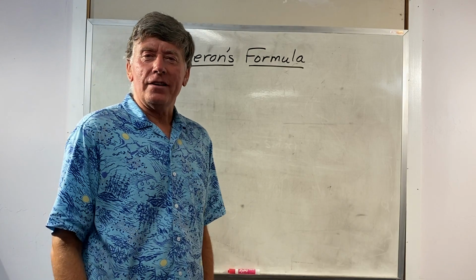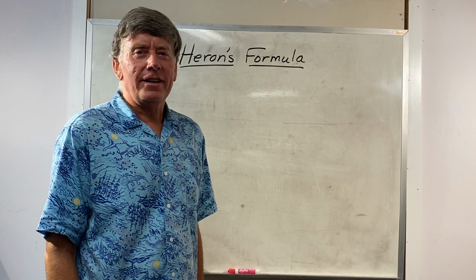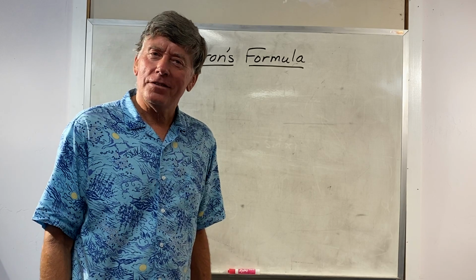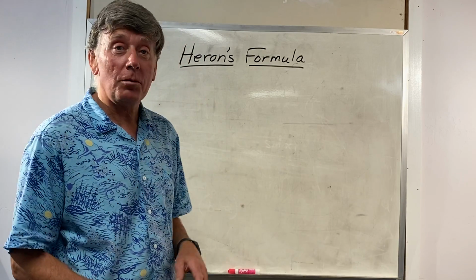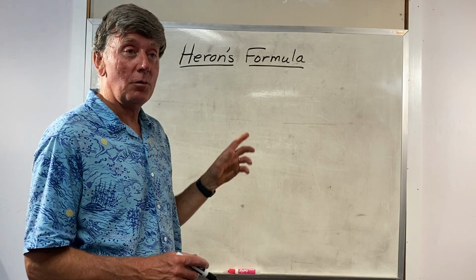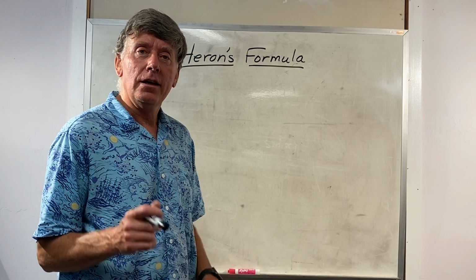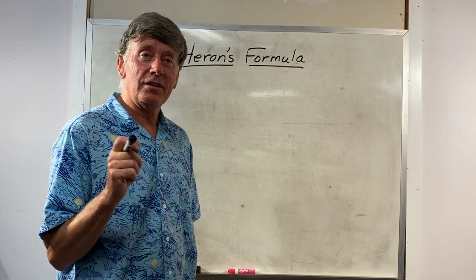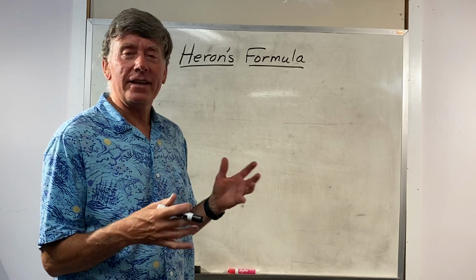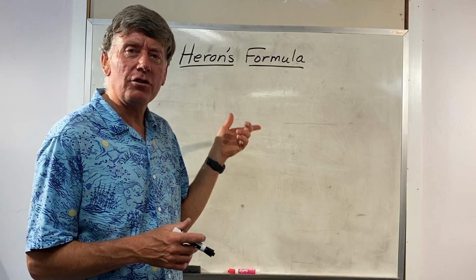I don't know how you pronounce it. Is it Heron, Heron? Whoever it is, long since passed away, but this is his formula. He's a Greek, I think, and he came up with this way of figuring out the area of triangles that's pretty slick. I'm pretty sure it is used in gaming, because it doesn't take a lot of calculations to get